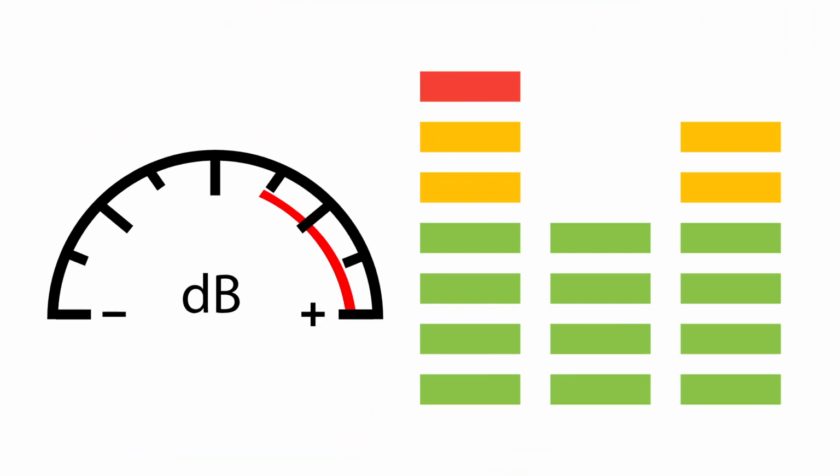So don't worry about having a microphone in your shot if you have a video element to your podcast. People expect it nowadays. If you're recording on an audio interface that has onboard recording, they're going to have meters on that, and you're going to want to stay in the green. Typically, green is good, yellow is getting a little close to clipping, and then red is clipping or exceeding 0